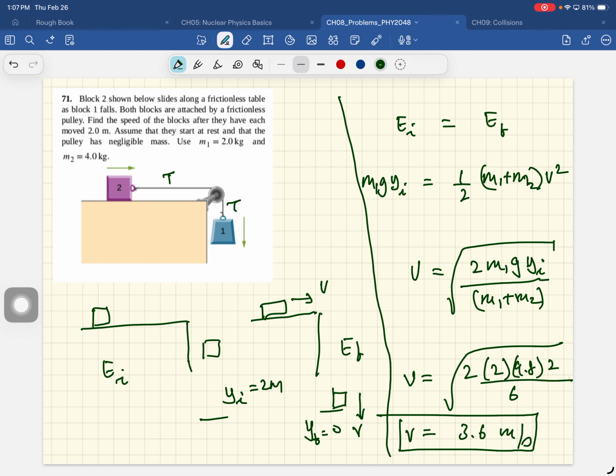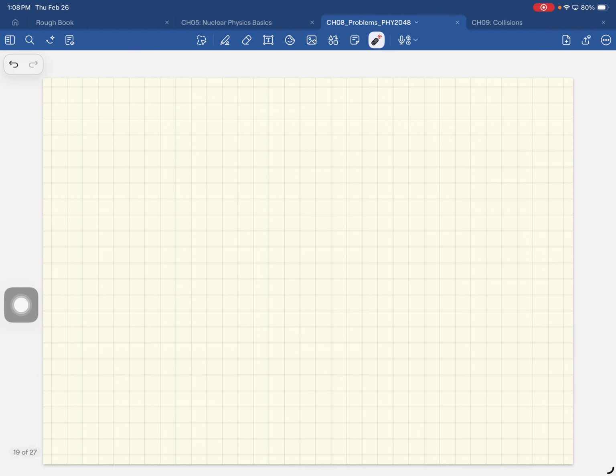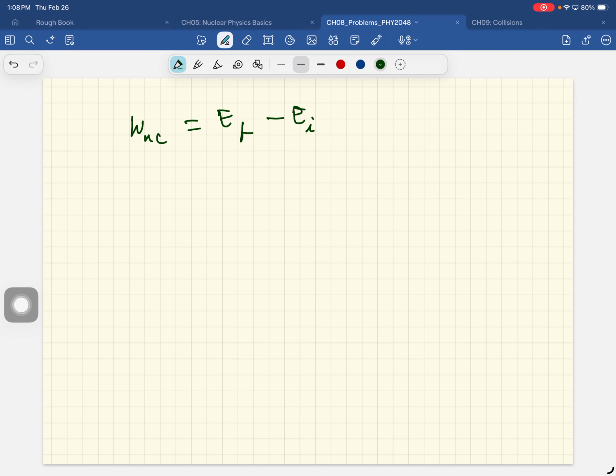Can you explain why the initial energy is equal to the final energy? Oh, there are no non-conservative forces acting. You're not pushing on them, and there's no friction acting on them. So work done by non-conservative forces shows up as change in mechanical energy. If this is 0,